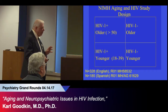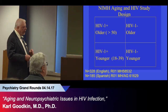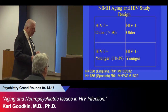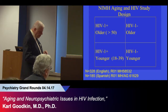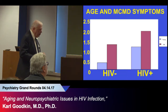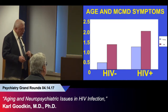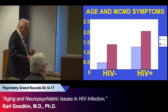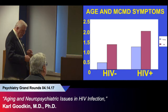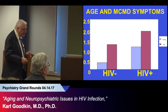I was funded actually by the NIMH to look at earlier stages, and so we did a 2-by-2 design looking at older and younger HIV positive and negative individuals in a study with English speakers and simultaneously a study with Spanish speakers. And in the study with English speakers, we found that you could look at the association of aging and MCMD symptoms and see the expected association of higher levels of MCMD symptoms in older positive individuals compared to